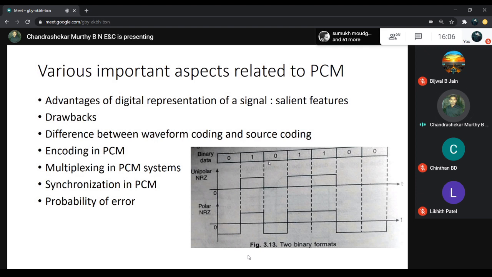When you increase the number of signals and the bandwidth increases, what happens? The time slots will be reduced. The number of signals will be increased in that multiplexing process, so the time slots will be reduced so that it can accommodate more channels or signals. That is the drawback again. So the transmission of the pulse code signal information will be delayed. That is one thing.